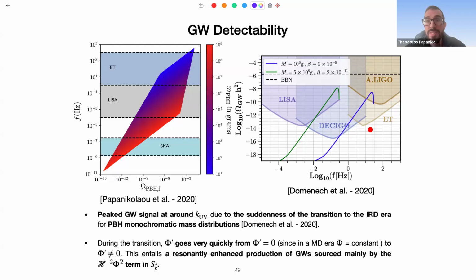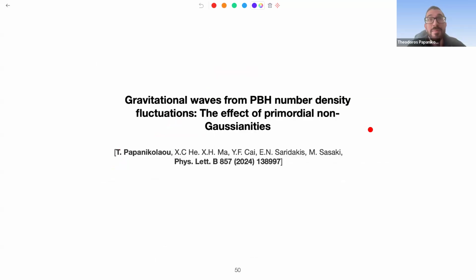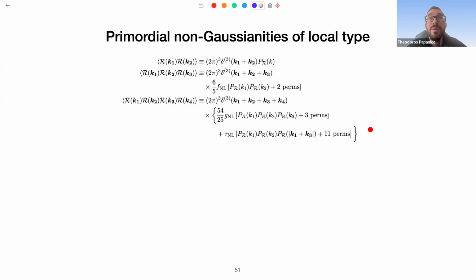So up to now, we studied gravitational waves which are induced by a population of black holes which are randomly distributed in space. This is the case for typical Gaussian curvature perturbations which collapse and form black holes, and which leads to a Poisson clustering of the population of these primordial black holes. Let's now relax this assumption and consider the case of a clustered PBH population due to the presence of primordial non-Gaussianities. For our case, we will focus mainly on local type non-Gaussianities,